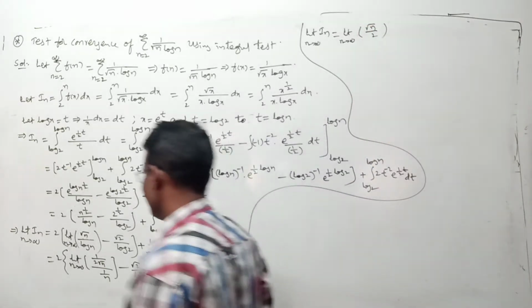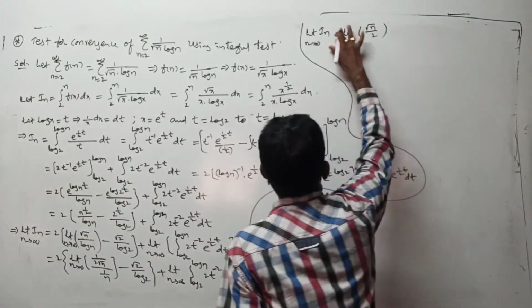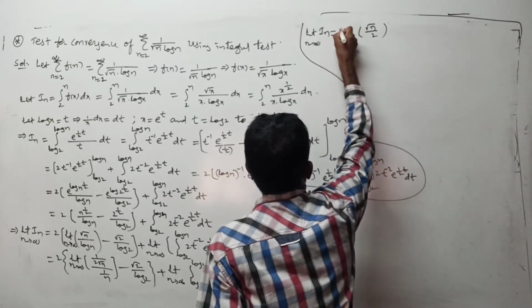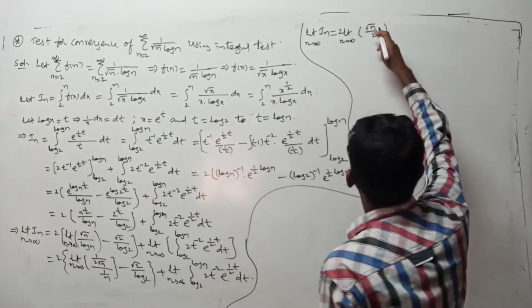Any problem is there? This 2 remains as it is. This 2 I am keeping outside, leave it, no need to change that. Otherwise, 2 you can cancel, no problem at all. This 2 I kept as it is. This value is what? Limit,